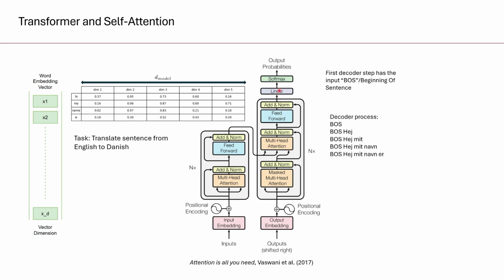Then it goes through the linear layer and a softmax layer that just gives probabilities to every single word in the vocabulary, and then it randomly picks the next word based on probabilities, and that should hopefully be the correct translated word. Then it goes through this process again, now with the input beginning of sentence and the next